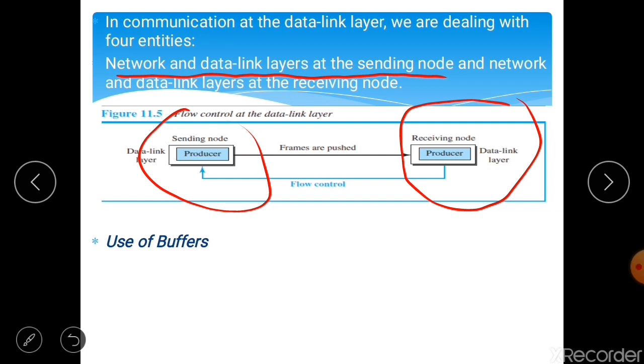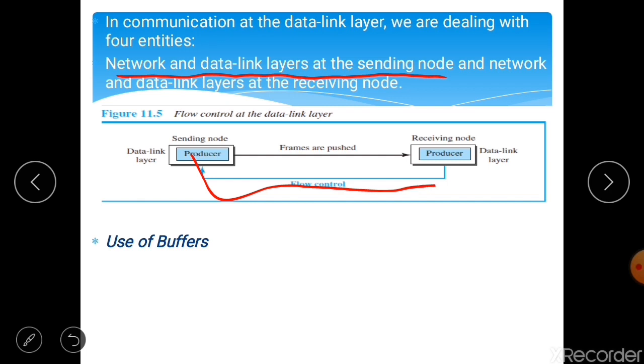The figure shows the data link layer at the sending node trying to push frames towards the data link layer of the receiving node. If the receiving node cannot process and deliver the packet to its network layer at the same rate that the frames arrive, it becomes overwhelmed with frames.